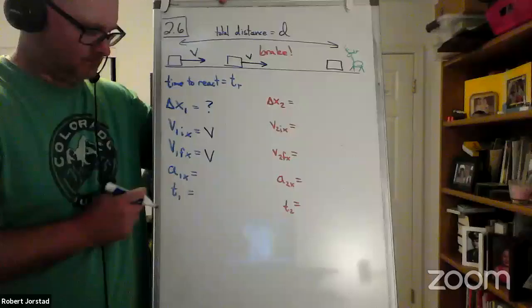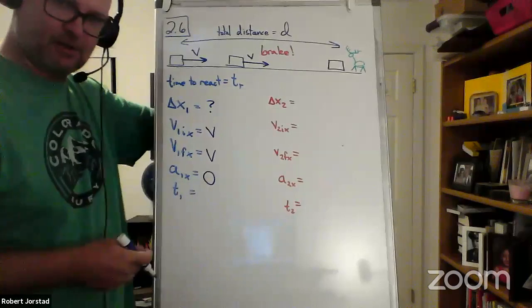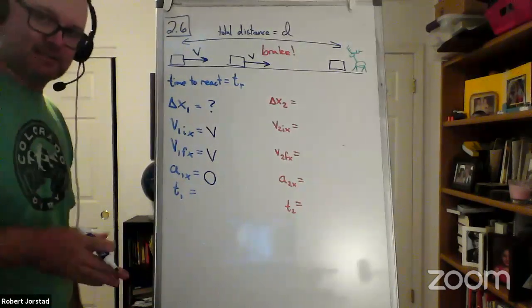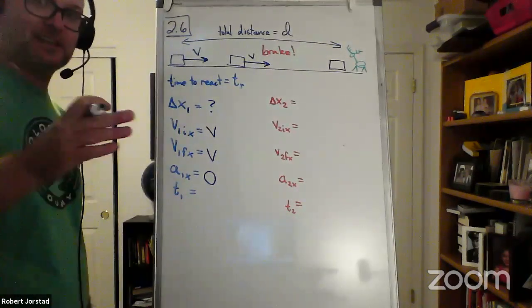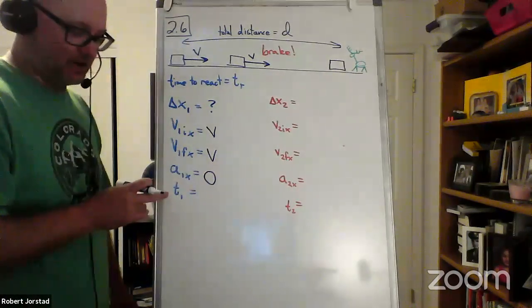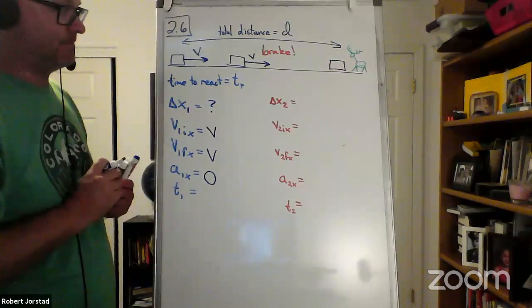Zero? Because it's constant. If you have constant speed in a straight line, your acceleration is 0. If you have constant speed in a circle, we'll learn in next class that's not true. Whatever. Okay, time. Do I know the time